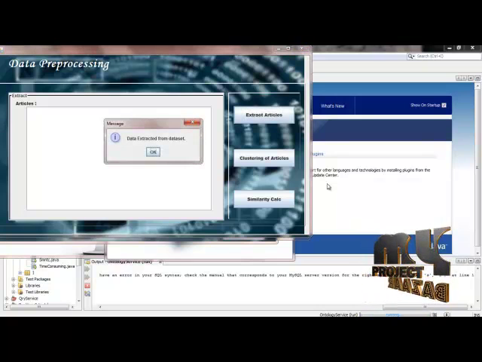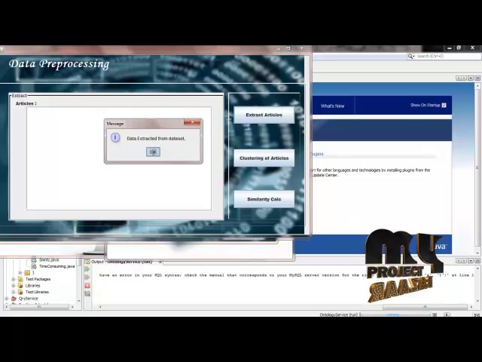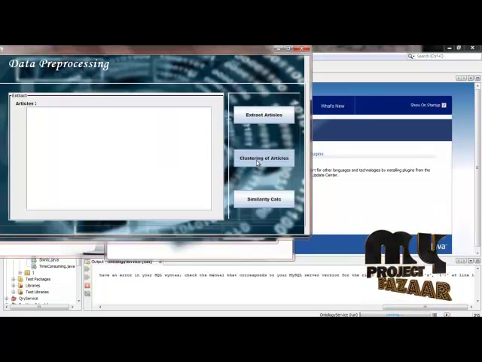Once the data is extracted from the dataset successfully, I will start clustering all those extracted articles,